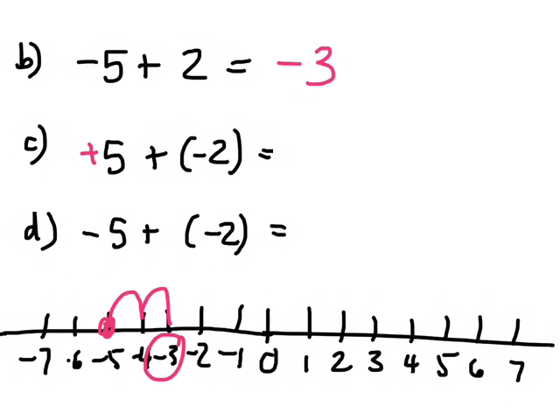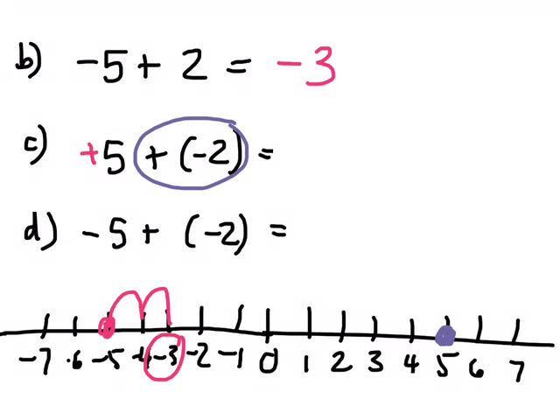Where do we start? Okay, we're starting at 5, so everyone put a little dot on 5. This time we're adding a negative. If you have positives and you're adding in a negative, do you think the number is going to get larger or smaller? Smaller. If you're adding in negatives, it's going to get smaller,